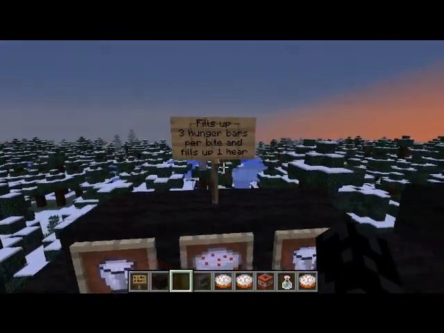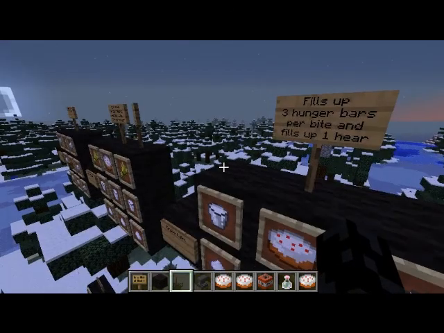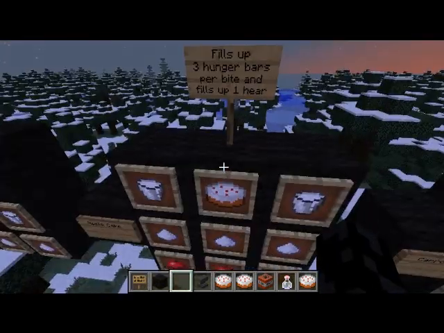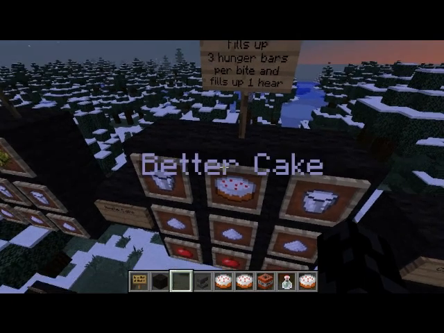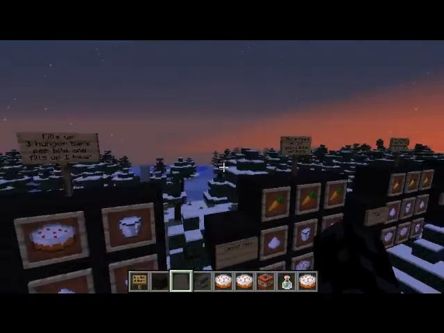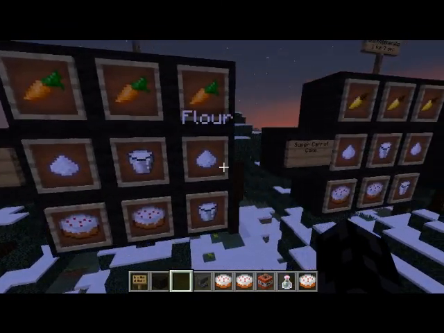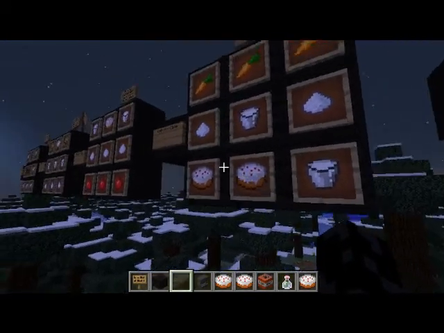So this one is 3 hunger balls per bite, which has the same amount as butter cake, all these do, except for the troll ones, because you don't really eat them. So it's 3 hunger balls per bite, and it's 1 halt. Kind of good. Carrot cake: flour like that, milk like that, 2 butter cakes,